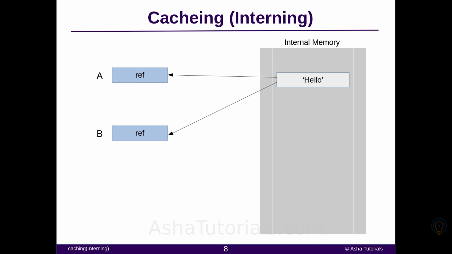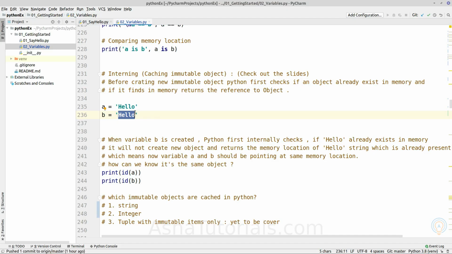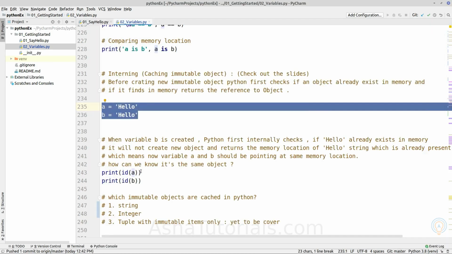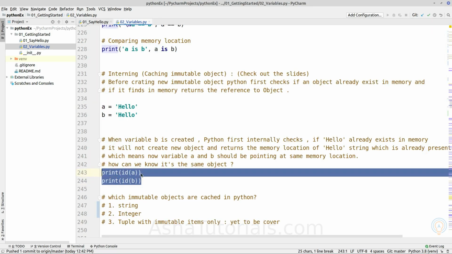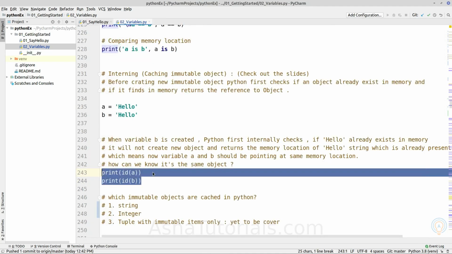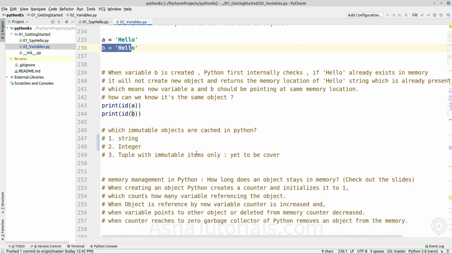Then it will not create an object. Instead, it will return the memory address of the same object to variable b. And we can confirm it by the identity operator id. As we saw earlier, both will point to the same object in memory.